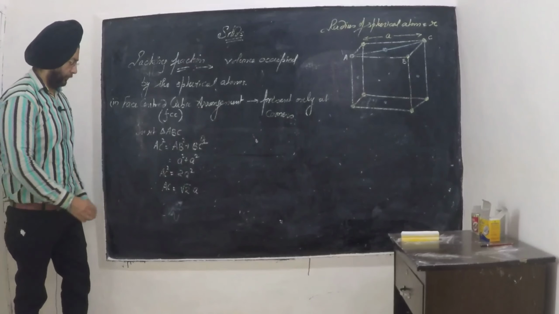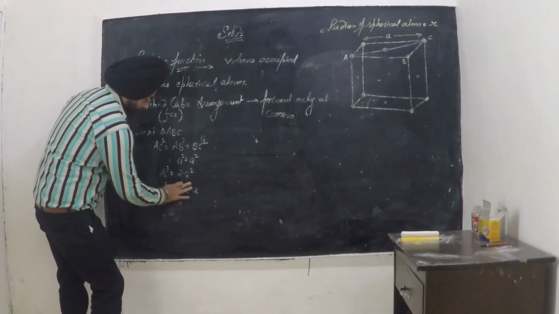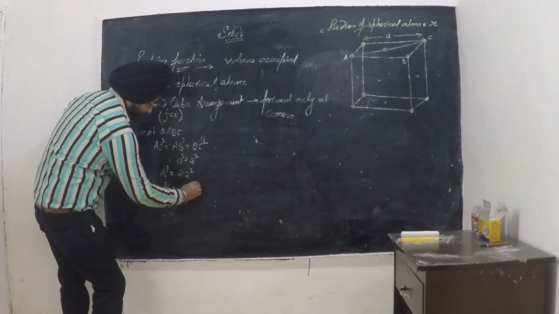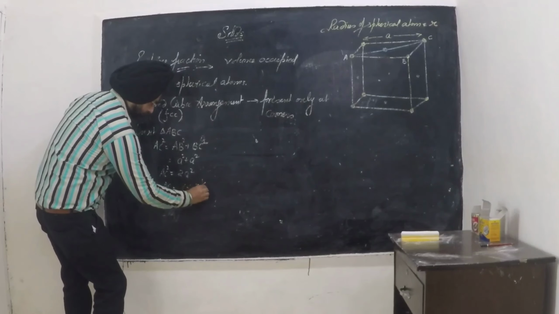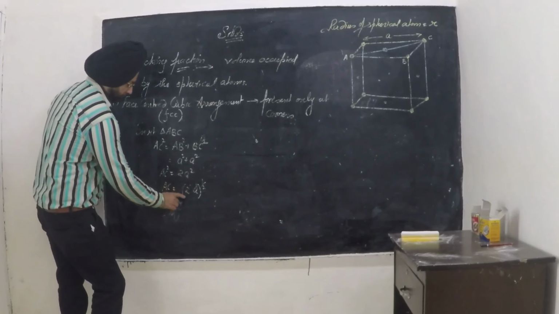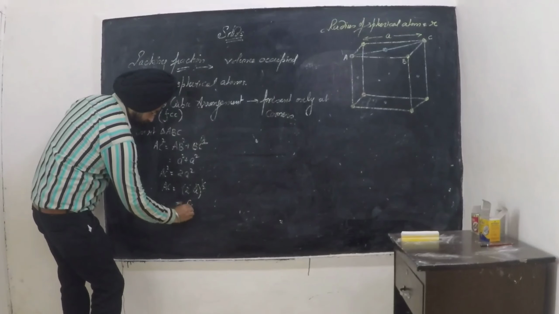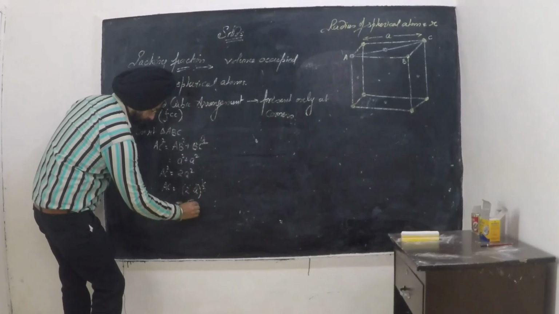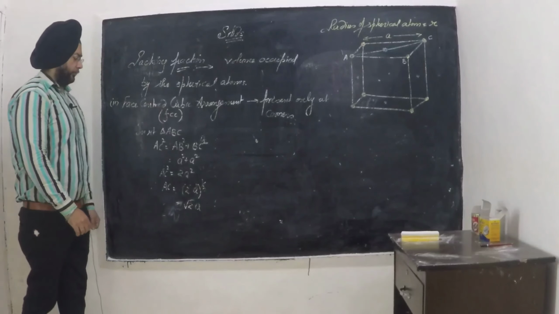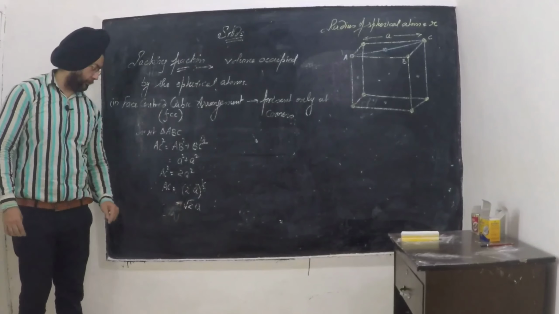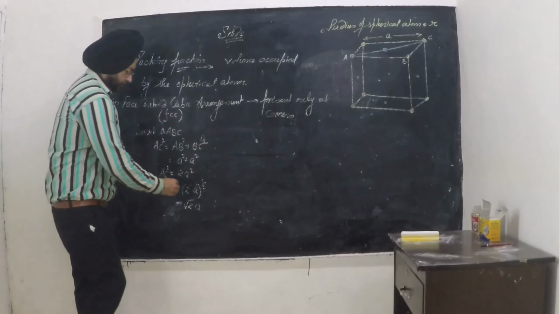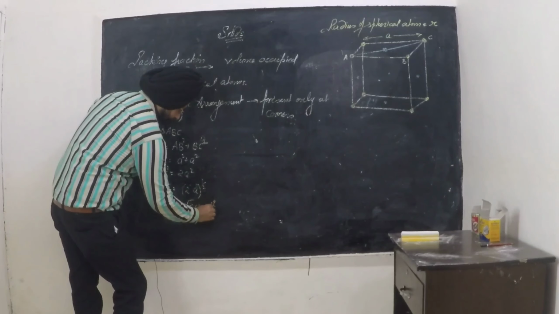So if you want to solve this, I elaborate this point: square root. So this will become under root 2, and the square and square root part will cancel out. So it will be under root 2. So this is the value of AC. I assume it as equation 1.